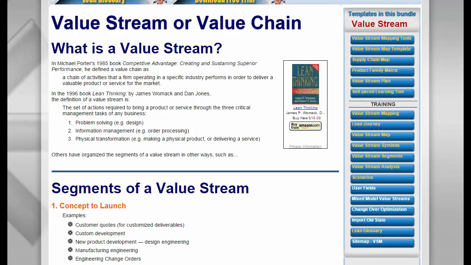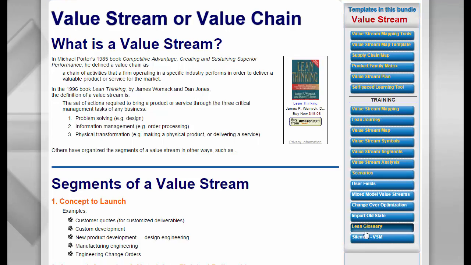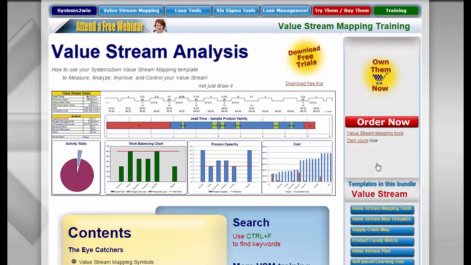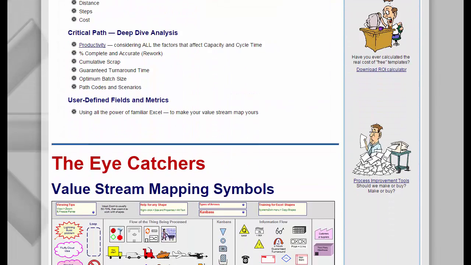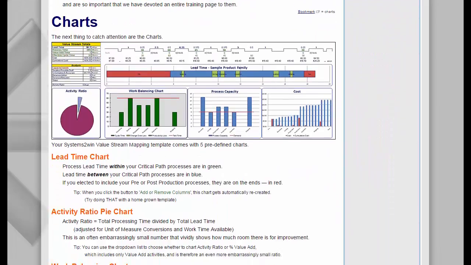And all of the remaining blue buttons on this menu show you how to use your value stream mapping template to do various types of value stream analysis that might become important as your team continues to round each corner of your lean journey over the course of many coming years.